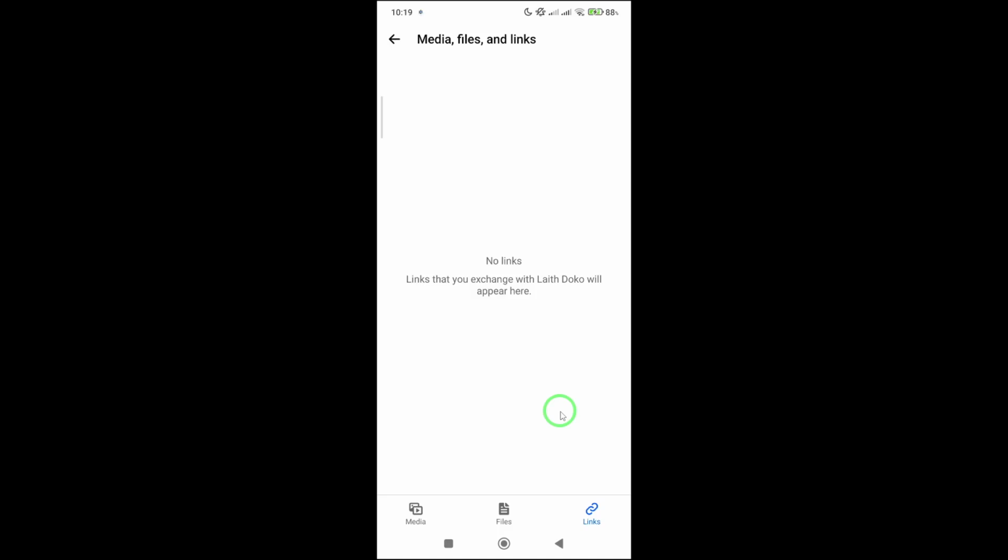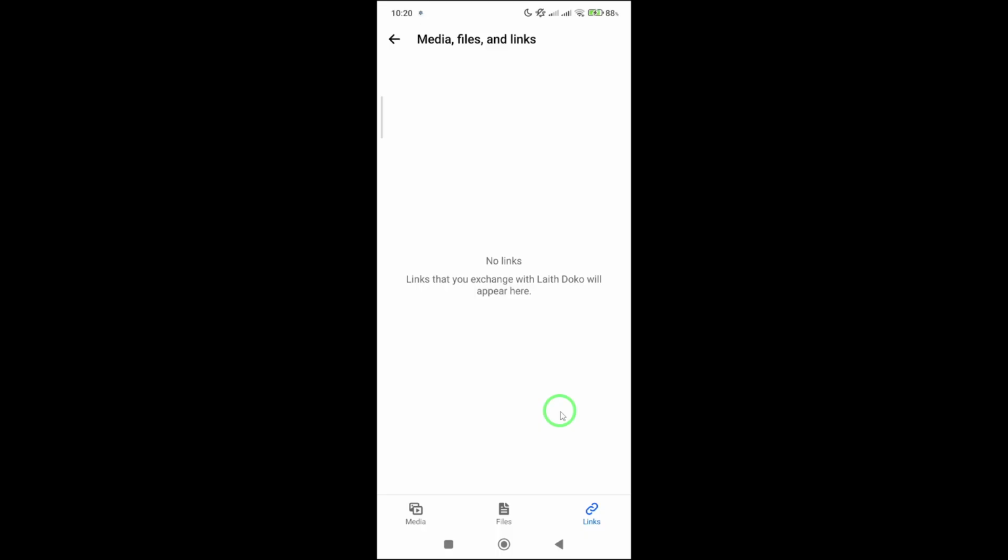Inside this media hub, you'll see several tabs or sections. Tap on the one labeled Links to filter the content specifically to shared URLs. If you don't see a separate links tab right away, you may need to scroll horizontally or vertically within the hub to discover it. Messenger keeps track of each link you or others shared, often displaying a thumbnail or short